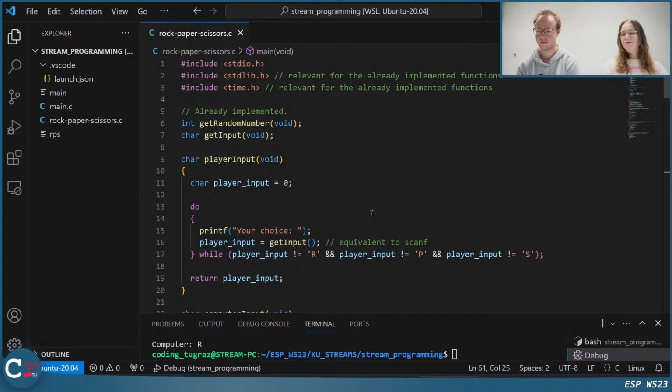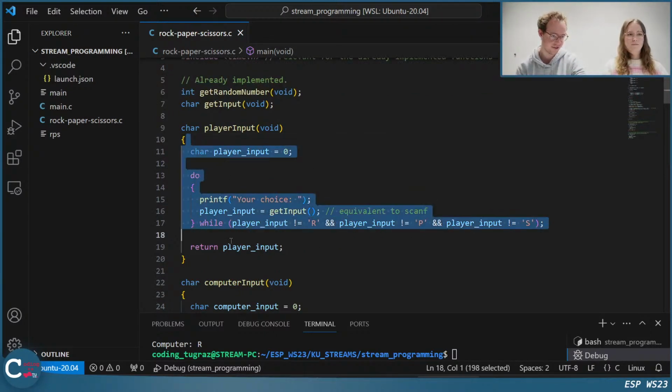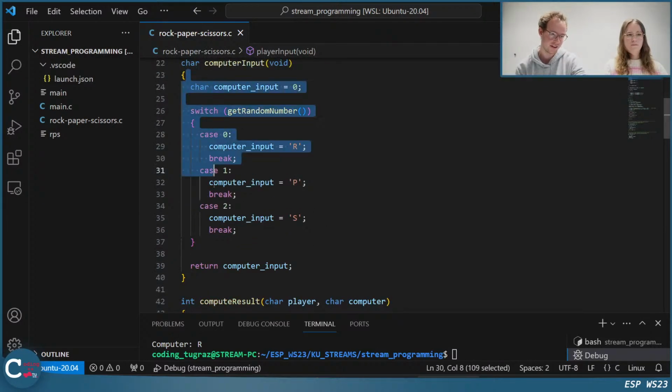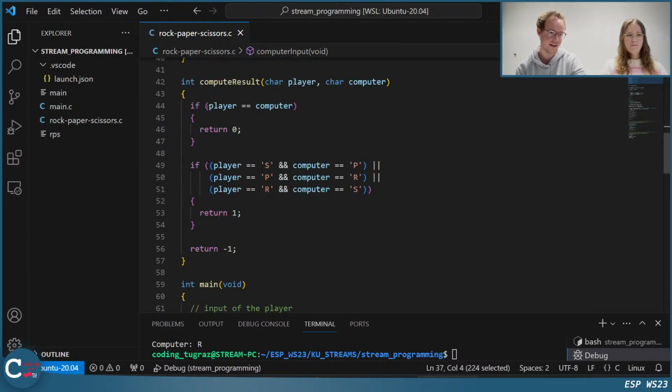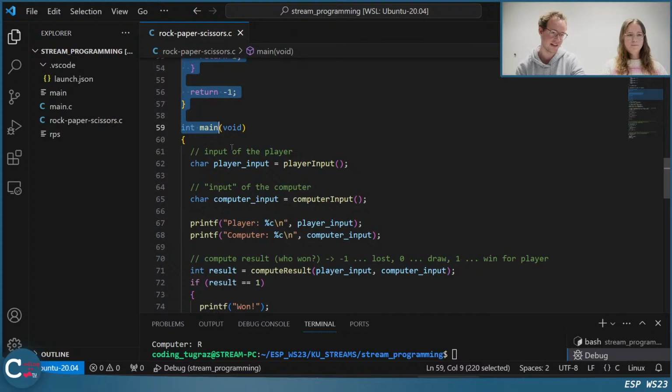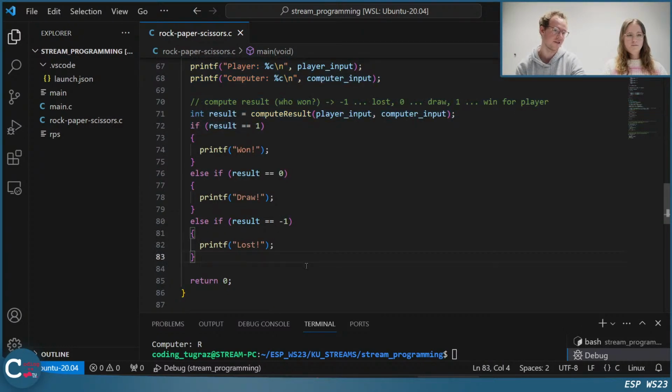So I hope that helped you a bit in structuring your program, how you can divide up tasks in functions, and so on. In particular, I want to mention again, this function has 10 lines, this function has 15 lines, this function has 15 lines, and this function has 20 lines. So we are really, really far away from 80 lines per function, and you should do this too. You should not really come close to these 80 lines, because it's not necessary.